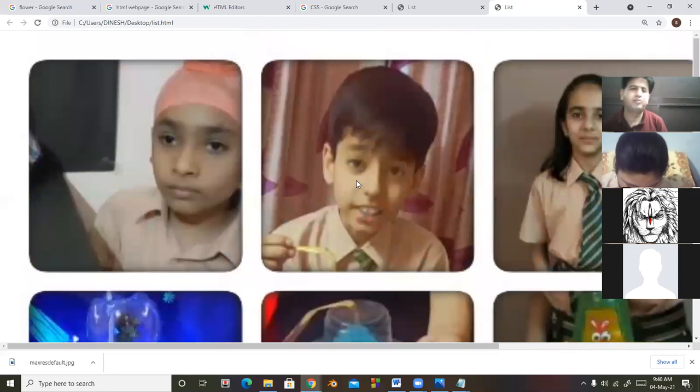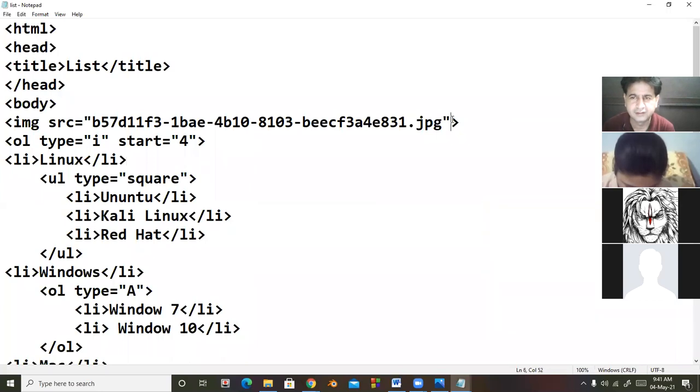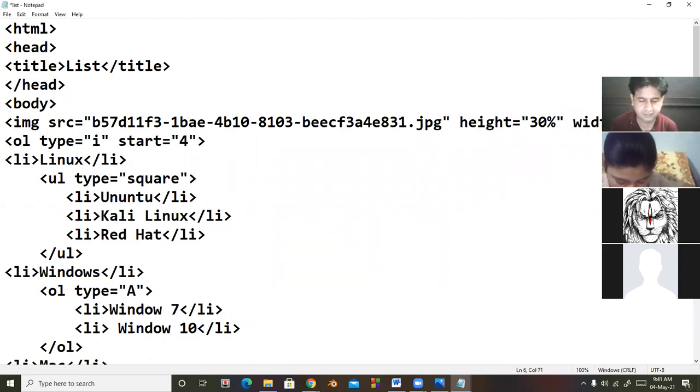Now, if we want to change its dimension, there are two attributes, height and width. You can give height and width in pixels or in percentage. Suppose I am taking here 30% of the web page height, and for width, again 30% of the width of the web page.